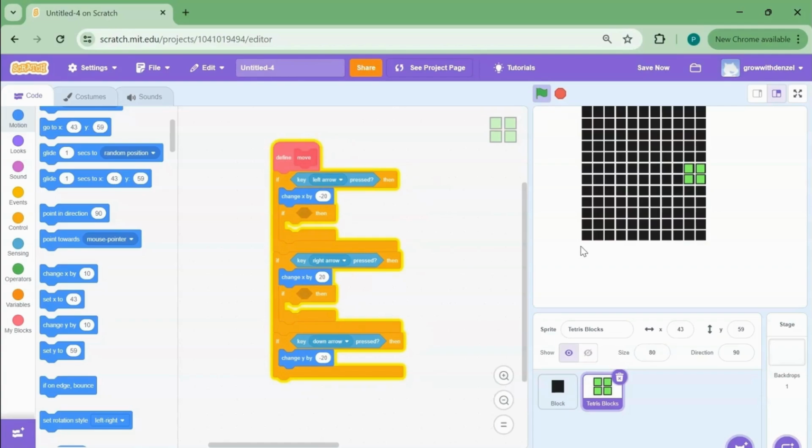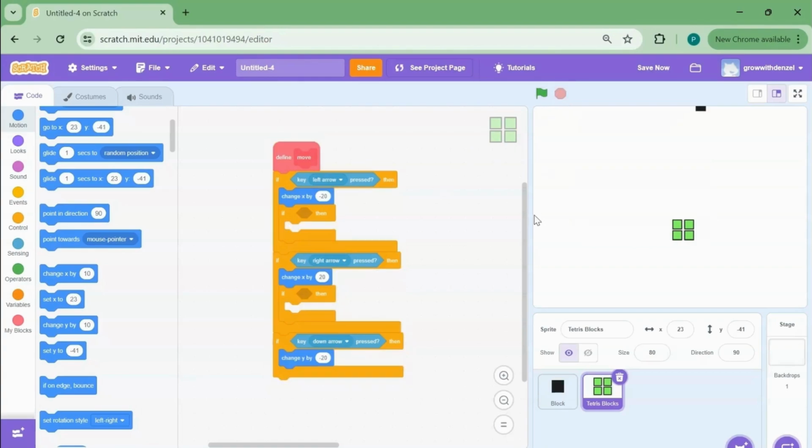Let's go, and if we go again, we'll see. So yes, we have all this here, and now